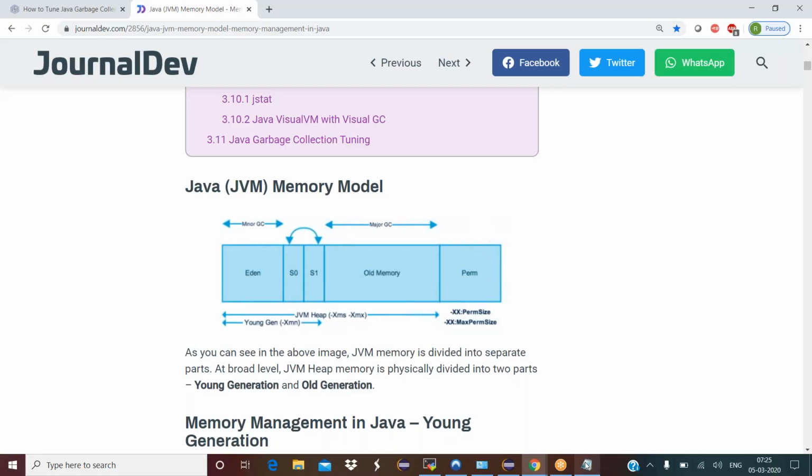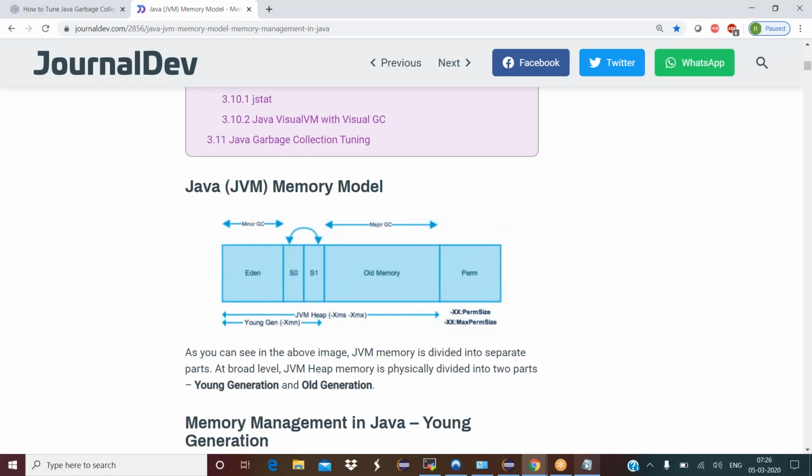If you compare the Eden, S0 and S1, the younger generation, with the older generation memory-wise, the older generation is very high. Basically, when this major GC is happening, right,